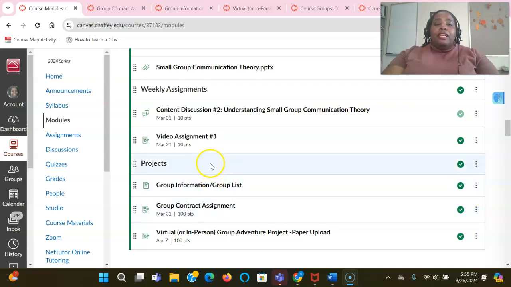Now, underneath projects, one of our first projects is to get to know one another, figure out our goals for the class, and our group contract assignment. Now let's go ahead and see where to find our group and our group list. So here we have the group information group list,